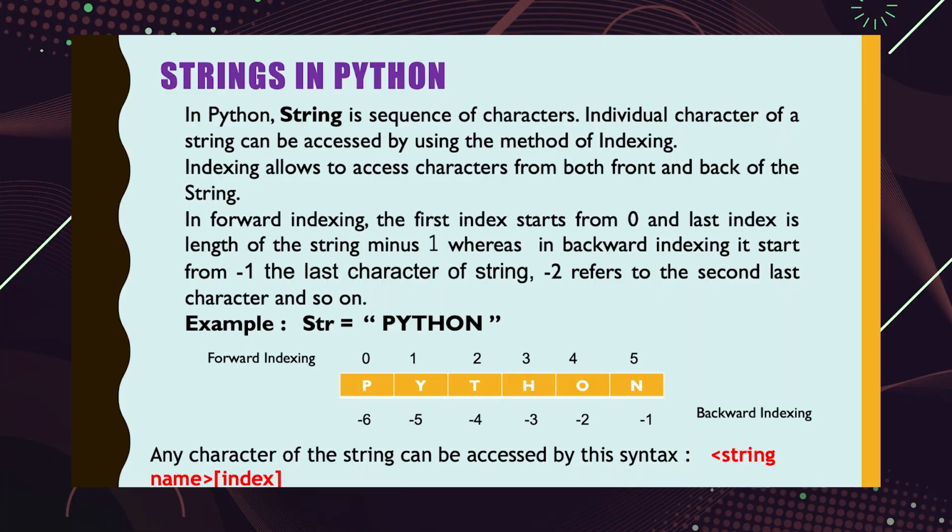Now, let's revise the Python data object string. As you have already learned, a string is a sequence of characters and is denoted by single or double quotes. The individual characters of a string can be accessed by using the method of indexing. Indexing allows us to access characters from both the front and back of the string. In forward indexing, the first index starts from 0 and the last index is the length of the string minus 1. Whereas in backward indexing, it starts from -1, the last character of the string; -2 refers to the second last character